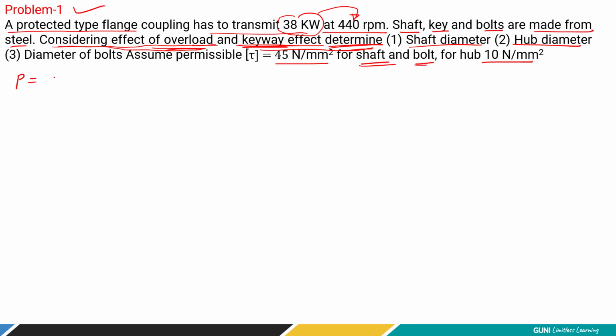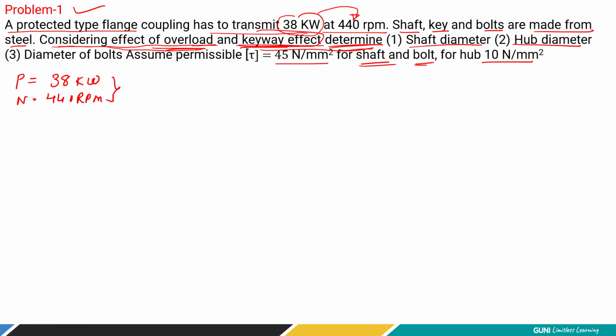Now here we are given the value of power. Power is 38 kilowatt, right? At an RPM of 440 RPM, right? इतना तो हमें ट्रांसमिट करना ही है, इससे कम नहीं करना है, राइट? तो इसके लिए हम क्या करेंगे, हम डायरेक्टली जाके टॉर्क फाइंड करेंगे, फिर शाफ्ट डायमेंशन फाइंड करेंगे. लेकिन हब में क्या करना है और शाफ्ट में क्या करना है, की वे इफेक्ट काउंट करना पड़ेगा, तभी जाके की फिक्स हो सकती है.